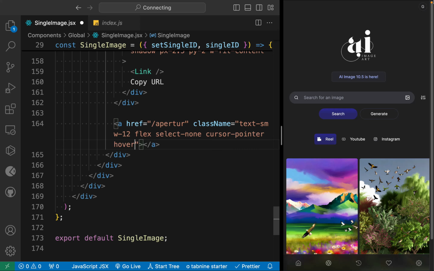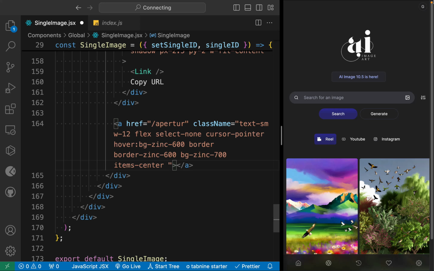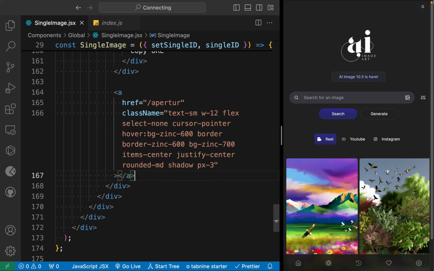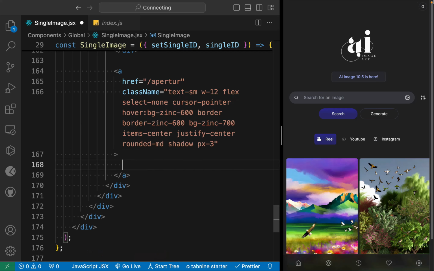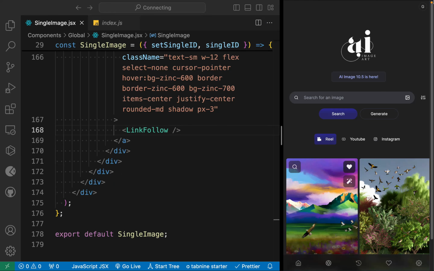Hover effect we want background zinc 600, border zinc 600, background zinc 700, items center, justify center, rounded medium, shadow, padding x 3. Perfect. Inside that we'll take a link, follow, and we can simply display the link, so user can click and